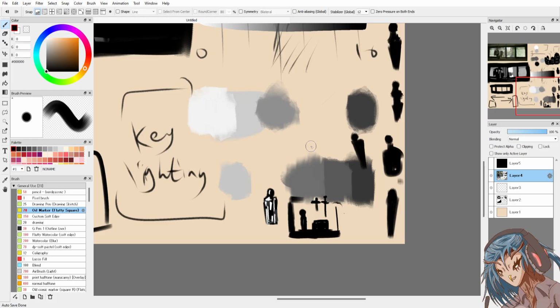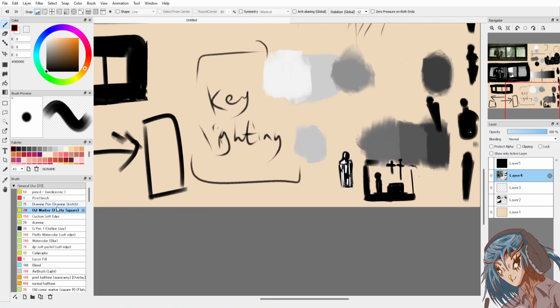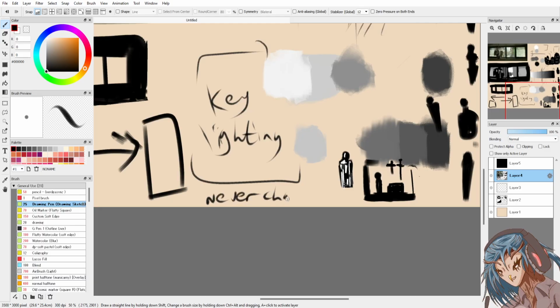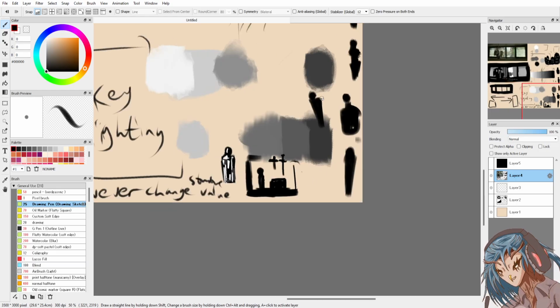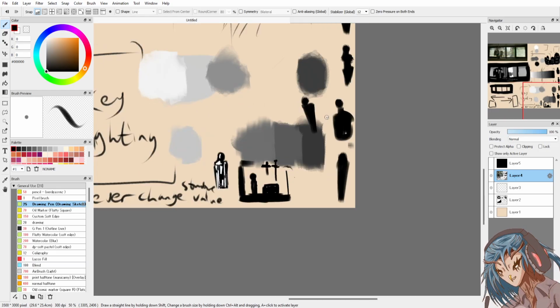This value structure remains intact every time. Never change that. You never change value structure. You can change everything else. You can change what you paint on top.